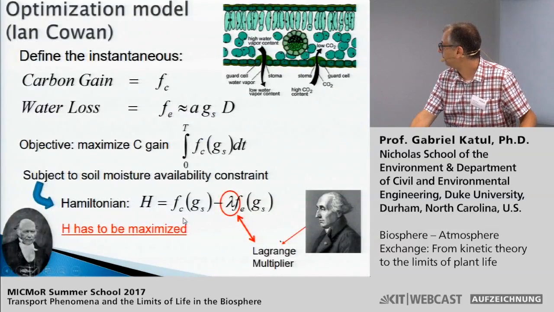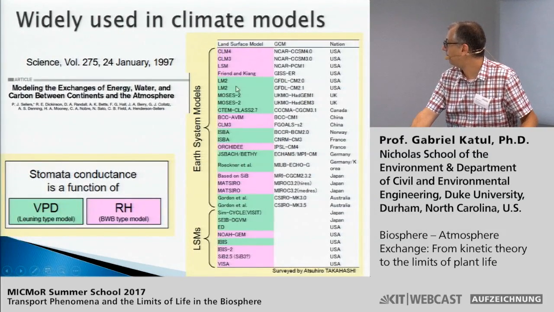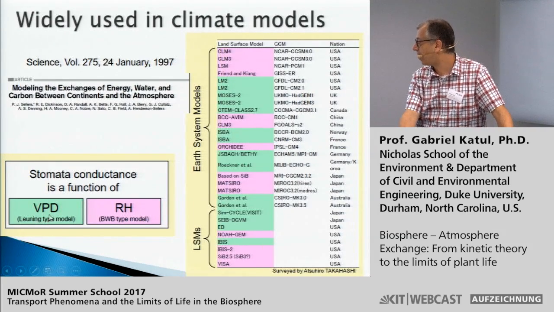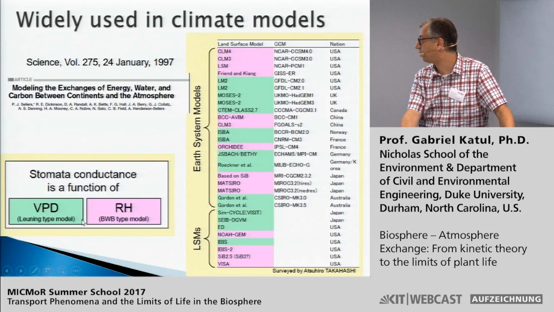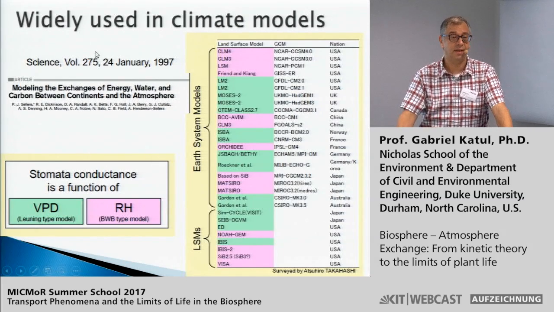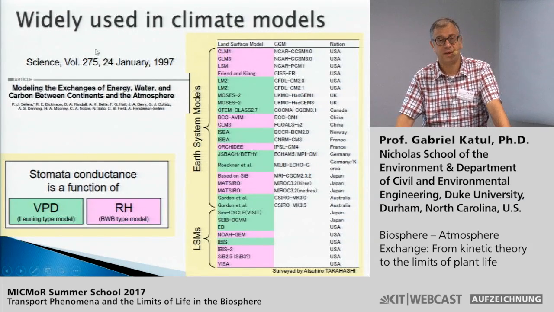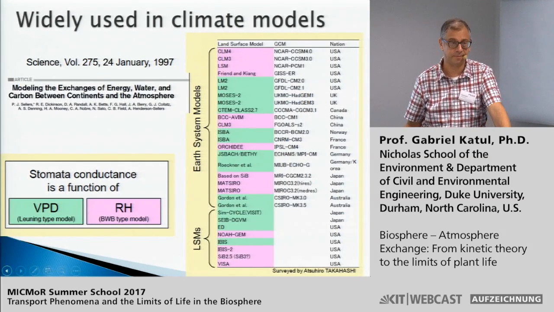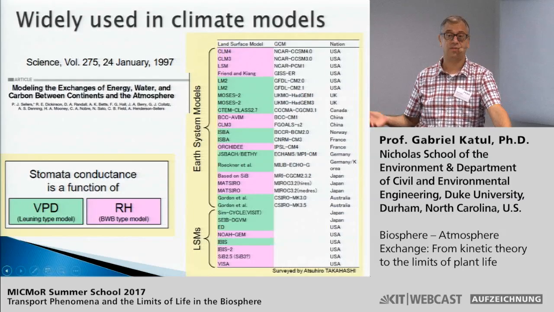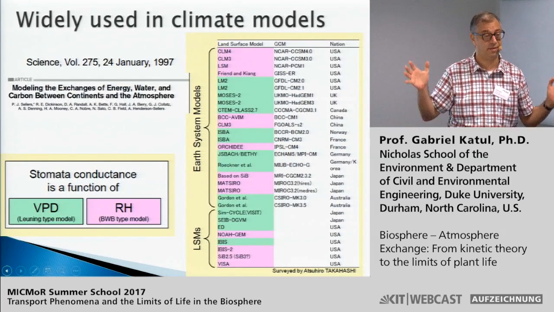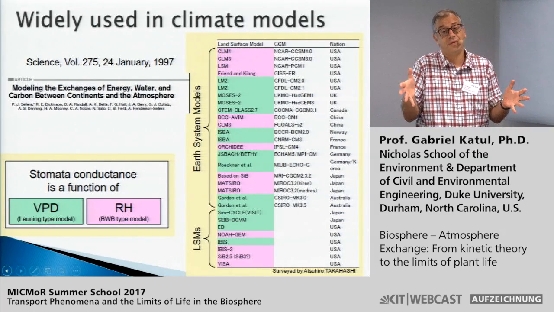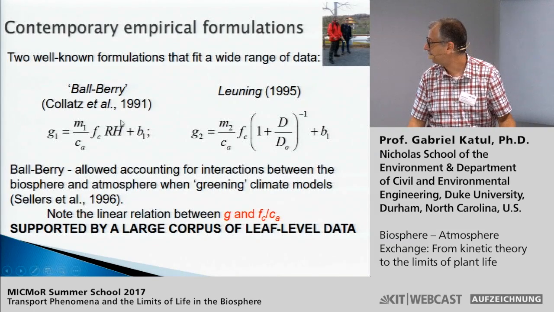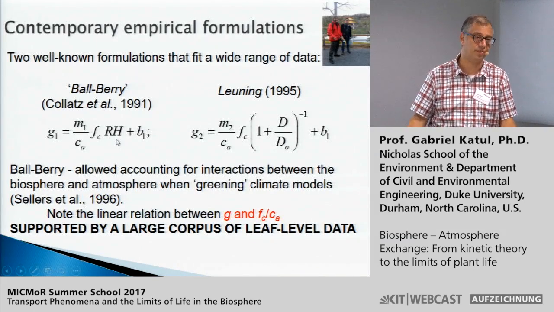Okay, so what's the problem? The problem is, can we do better? Part of the reason we would like to do better is that whether you describe the aridity of the atmosphere based on vapor pressure deficit or relative humidity is a major factor. Why is that? Because climate models predict roughly a constant relative humidity, but they predict warming patterns. So if you are forcing the atmospheric aridity to be described by relative humidity, it means that the term in this equation is not changing much with climatic conditions.